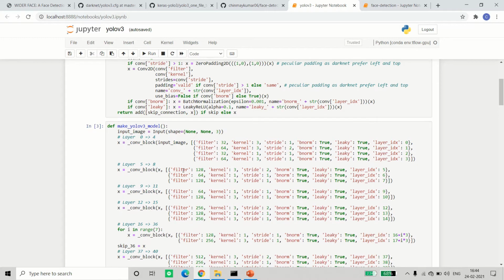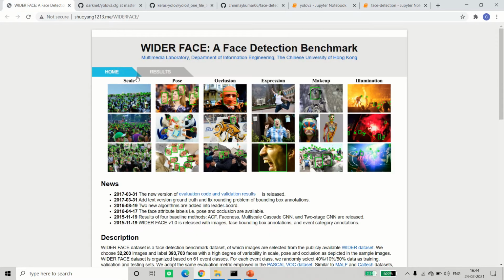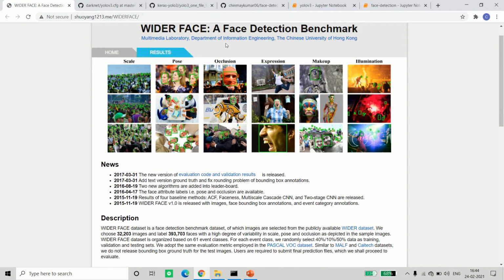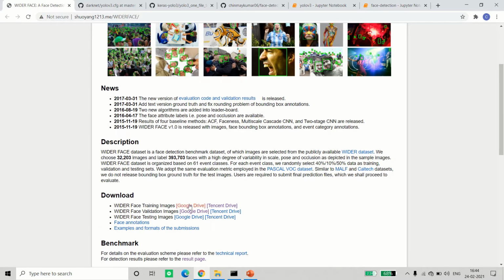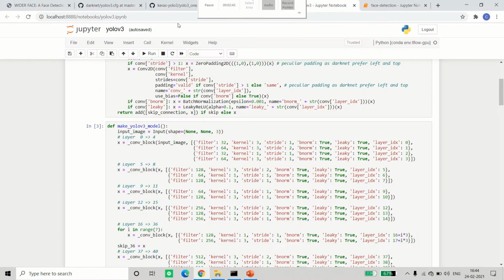Now we're not going to train this model completely, because I've not written the training process. Instead, I've found a place where they have trained the YOLO network on a lot of face images from the WIDER FACE dataset. We can access the weights file, and I've given the link in the GitHub repository as well.